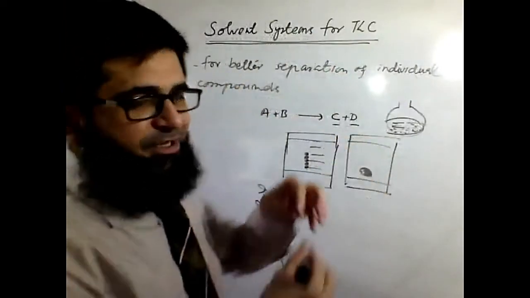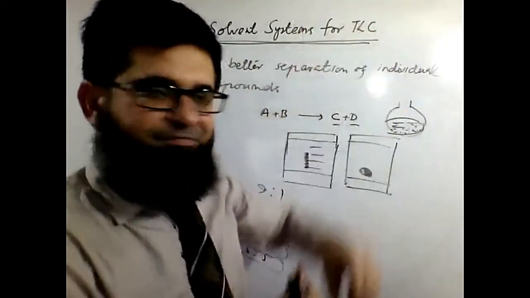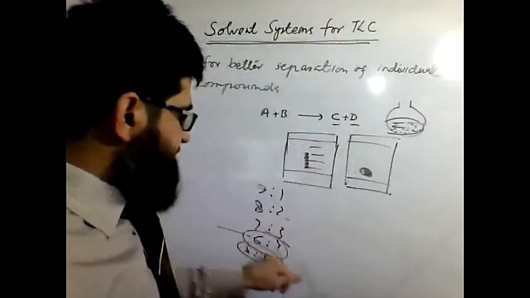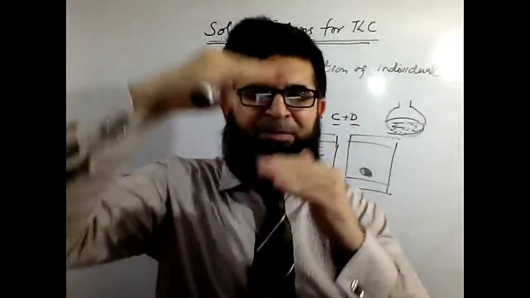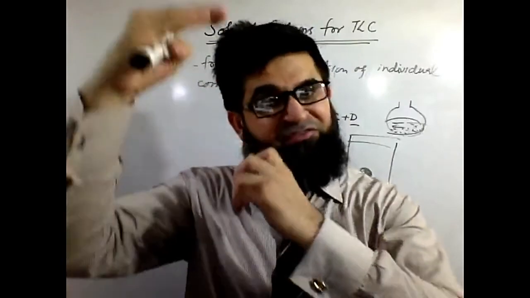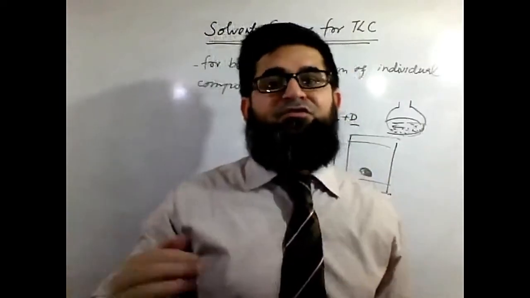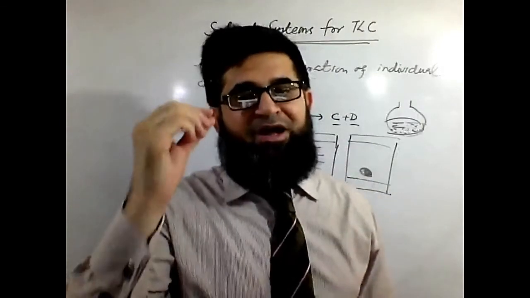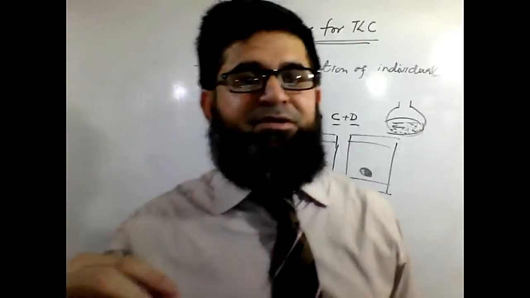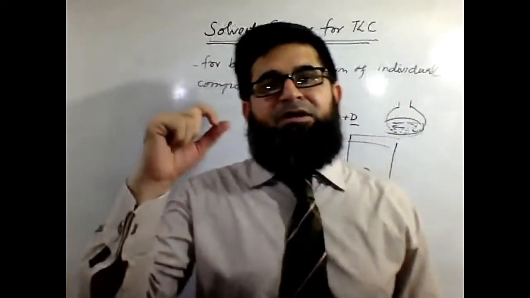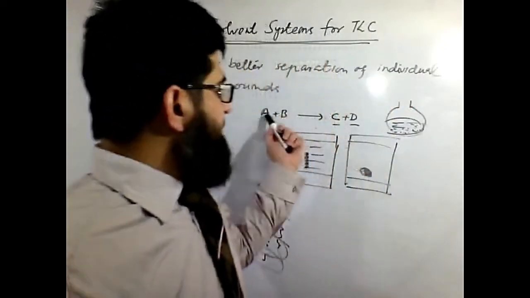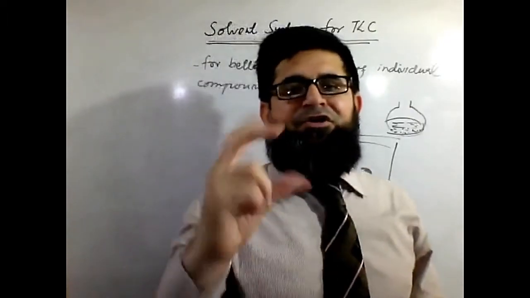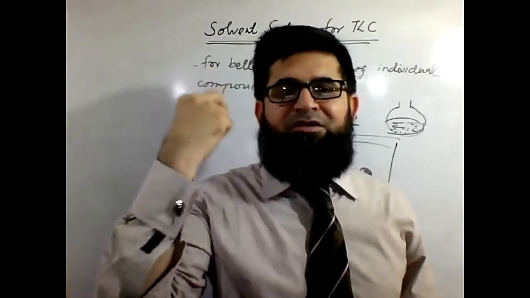With 80-20, maybe 3 spots emerging. With 70-30, 4 spots a bit separate from each other. With 60-40 or 50-50, very much separated from each other, 4 or 5 spots. You can imagine how many fractions are present there. So that is why we need a solvent system for TLC, in order to find how many components are present in the given sample. In simple reaction mixtures, A plus B gives C plus D, 80-20 or 90-10, 1 or 2 solvents could serve you well, could give you a clue.